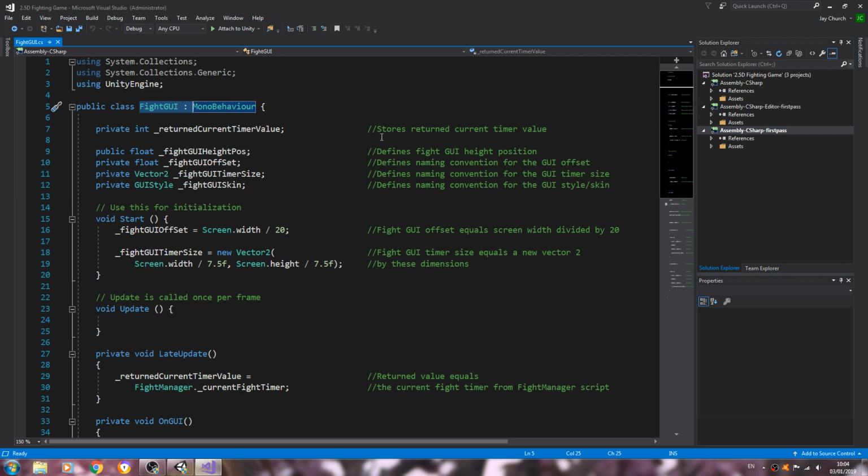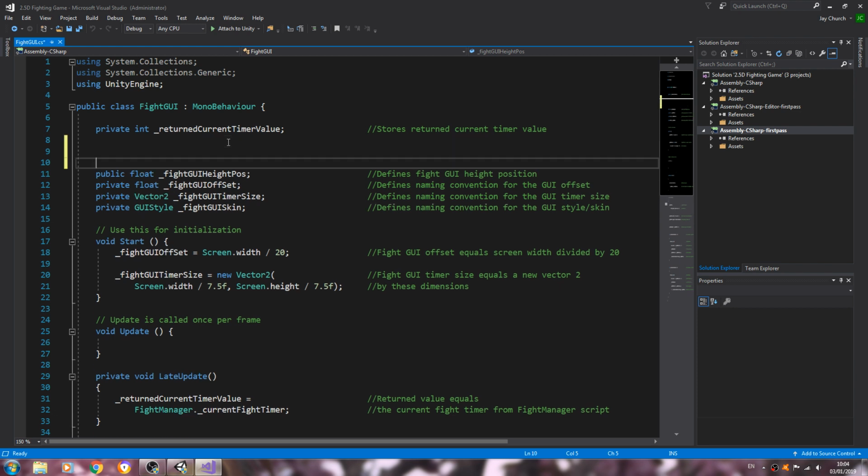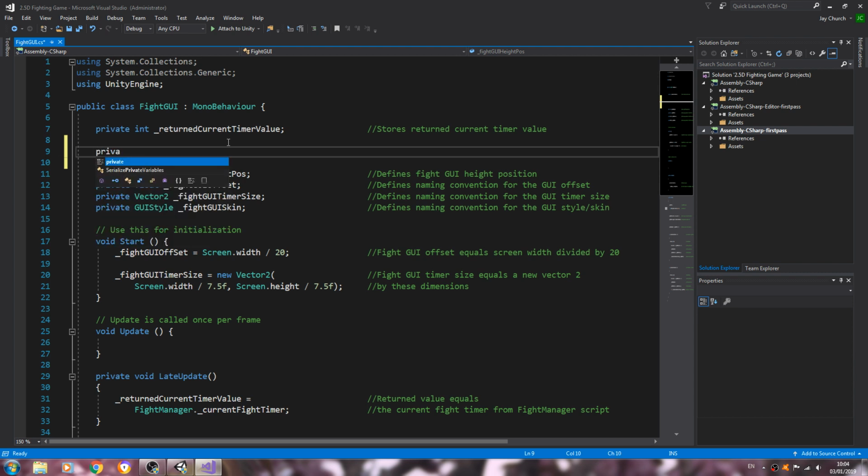So we'll need to actually create some more variables. So I'm just having a look where I want to put these. So in fact I'll put them here. Obviously you can put them anywhere you like, but I'm going to put them here. So private float underscore return